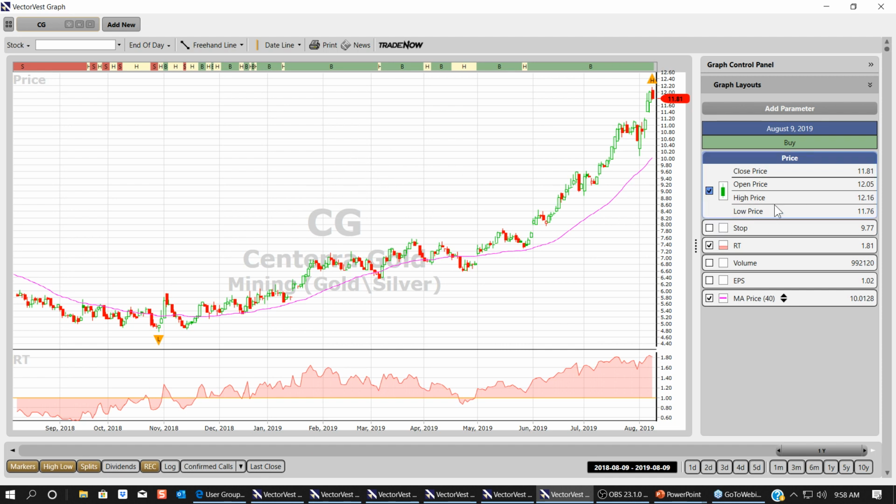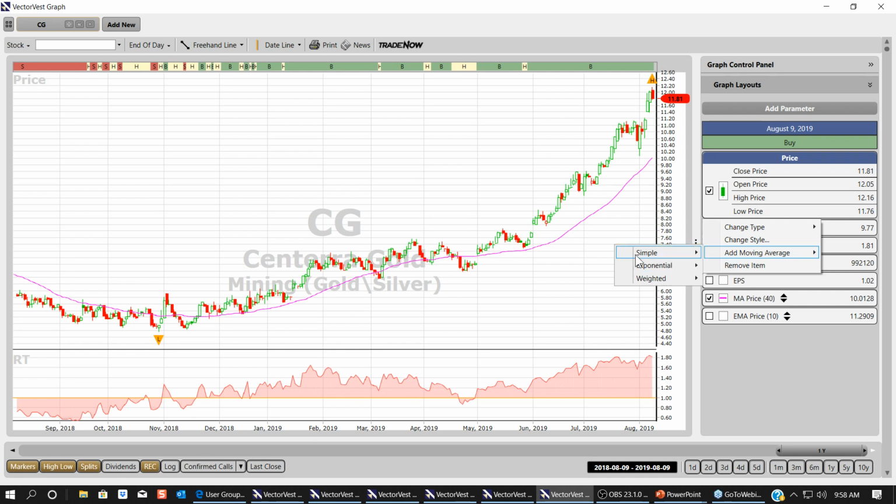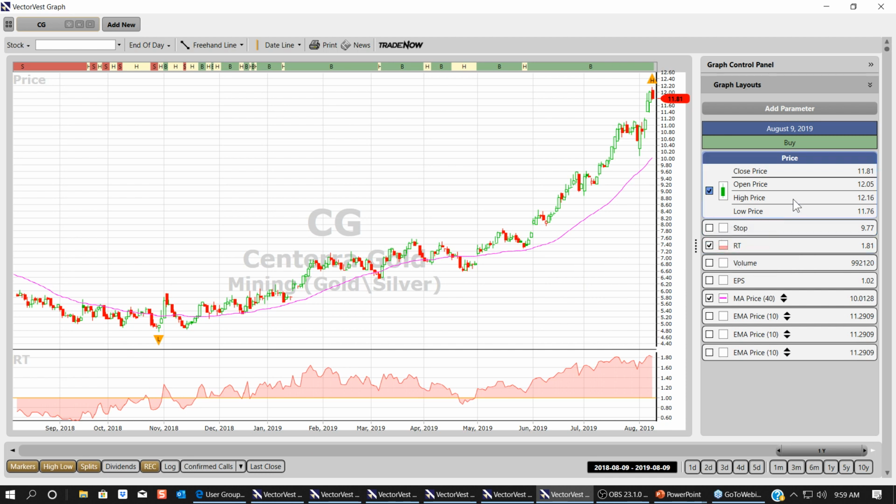All right, let's do this. Let's set up our graph. So I'm coming into the price column. I can come into the blue area, select moving average, exponential. I'm going to start with all 10s here for the first 6. I can go into the gray area, right click, just don't click on the letters. Add moving average, and did I do simple? No, I did EMA. There's EMA 10, right click, add moving average, exponential, EMA 10, right click, add moving average,